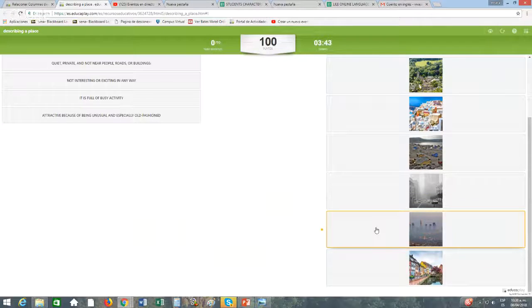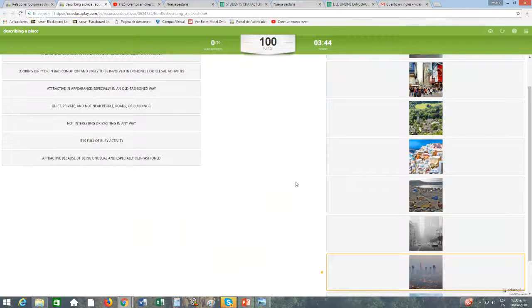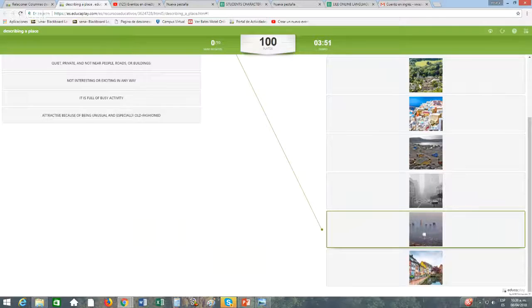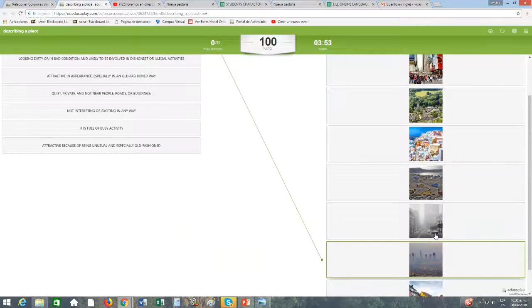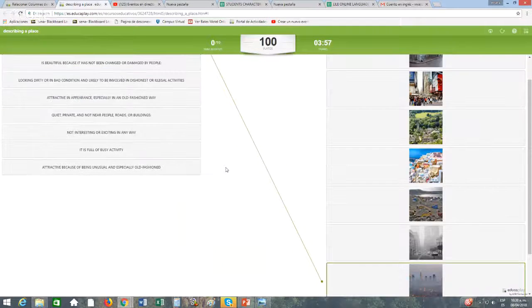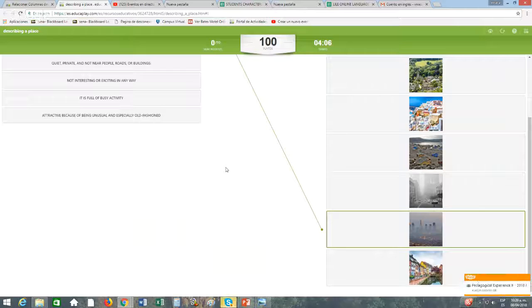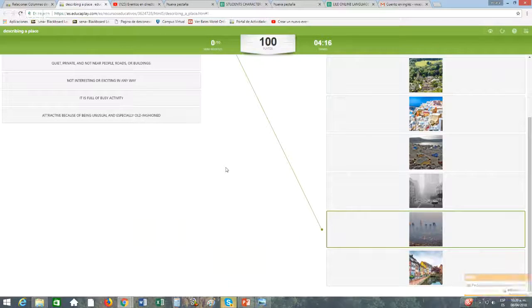This one? Yes, teacher. I don't know. Okay, let's try with this one. Oh, yes, it is. So this is related to the smoke, right? Yeah. The picture relates to the industry and the smoke. So they are contaminated, with harmful chemicals. According to the vocabulary we worked before, what is the word describing the dirty or contaminated places? Remember? For describing this picture, according to the previous vocabulary, what is the word?